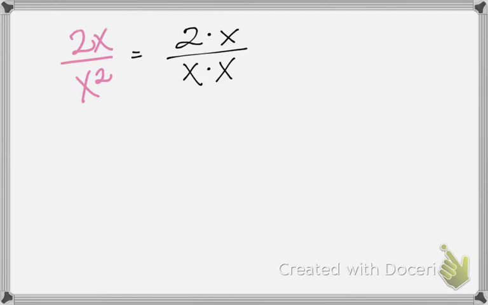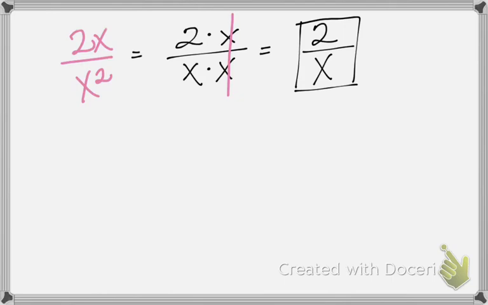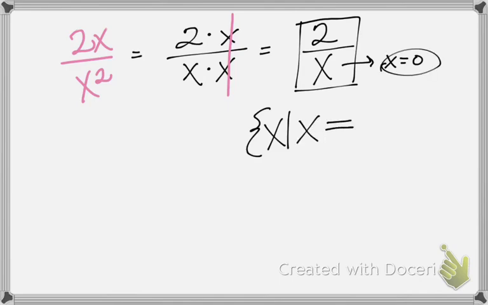After I do this, I actually see that I have 2 x's in the numerator and the denominator that are multiplying that I'm able to cross out. And so I'm able to reduce this as 2 over x, and this becomes my answer. If I wanted to find the domain, remember you just set whatever your denominator is equal to 0 and solve for x. In this case, I already solved it, and so therefore it is going to be all real numbers